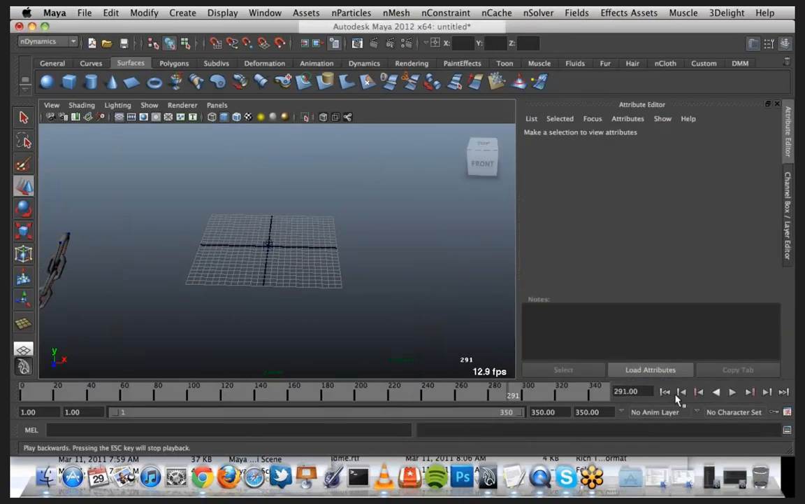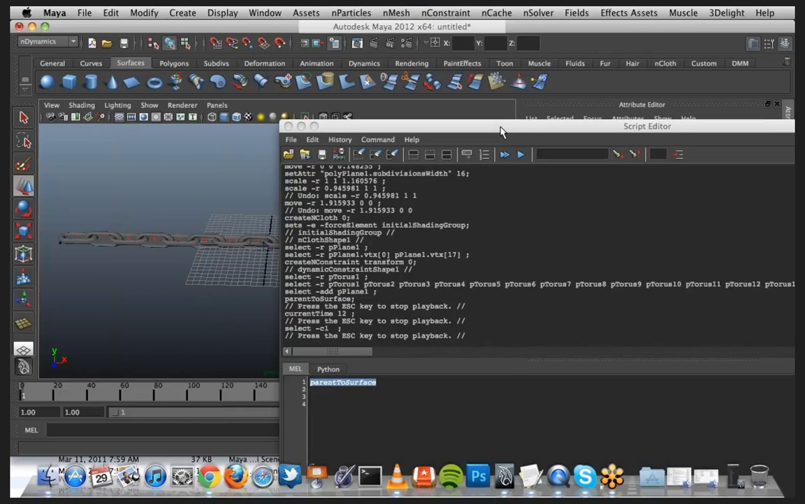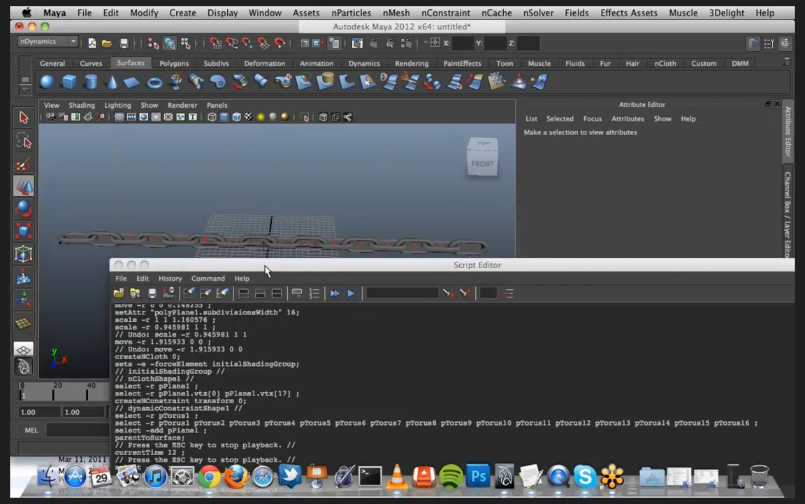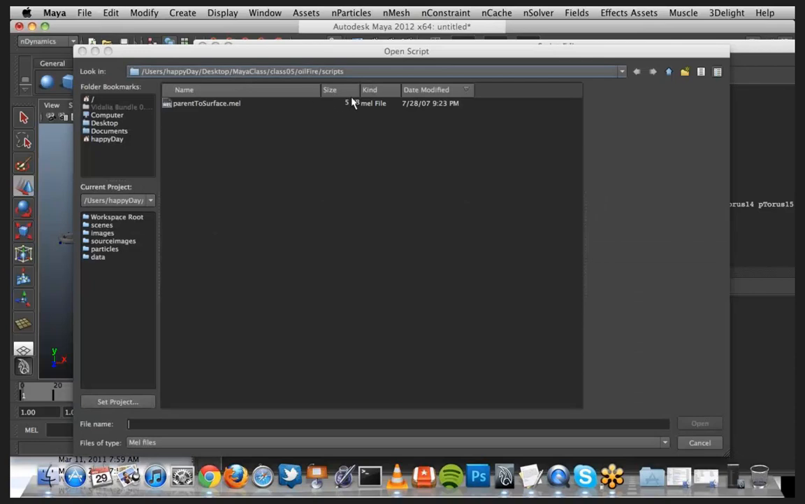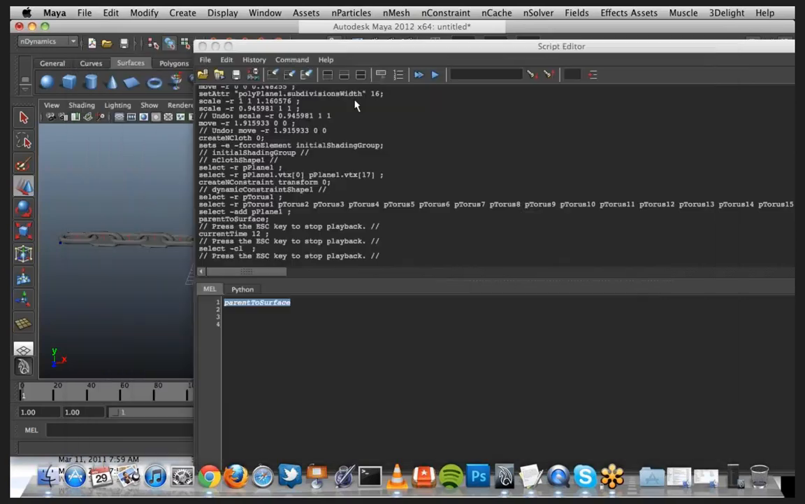Okay. Rewind. To talk through that process one more time for Mr. Complicated. Once you have everything lined up in your script editor, you go to File, Load Script, and you need to point to the Mel script that I posted at the top of BuzzNet. Download that, and then point to this file, parent to surface.mel. And once you've loaded that, which I already did, so that's why I didn't push load that time,